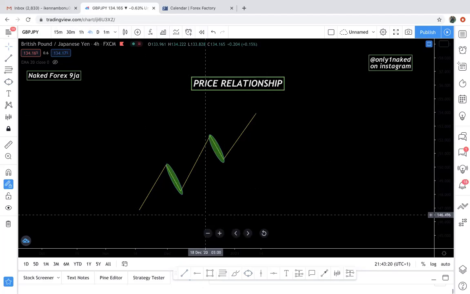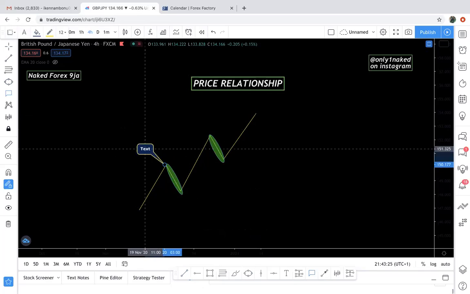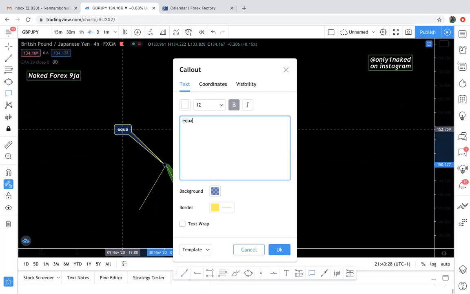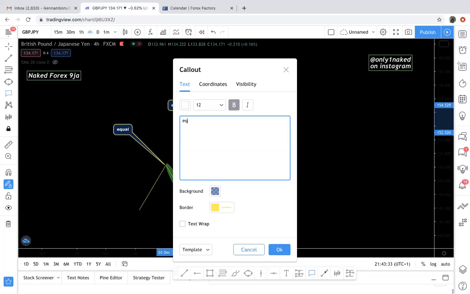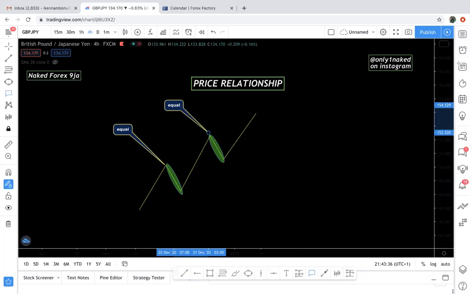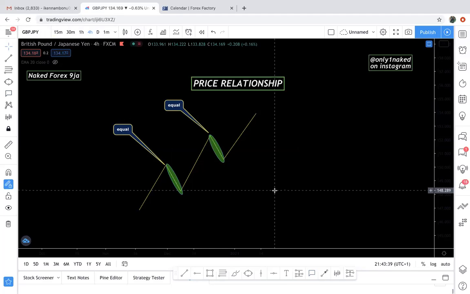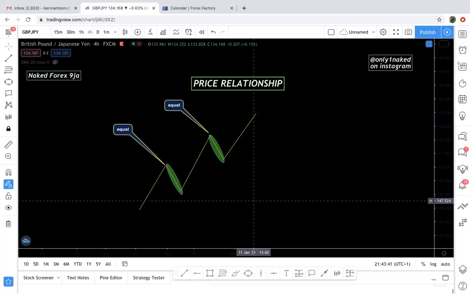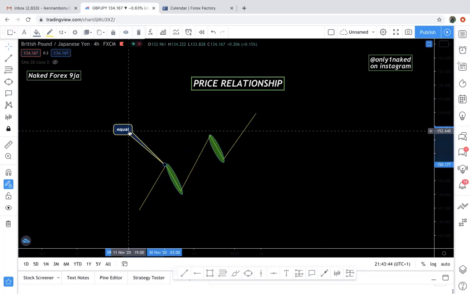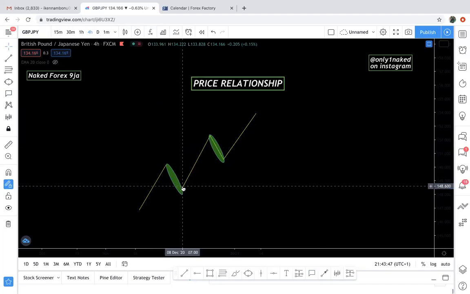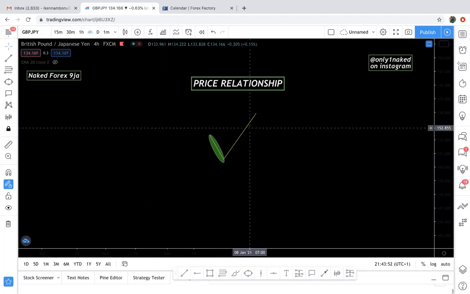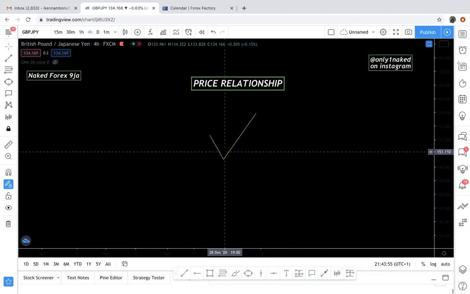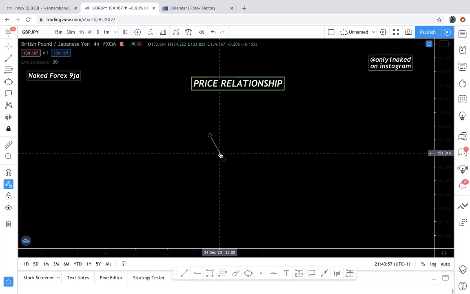Price relationship lets us know that this particular zone that we have right here is usually equal to the one we have above right here. So these two zones are where we get to look in the market. They are usually equal within the market. Of course, we don't get them to be equal 100% of the time, and we don't always see them reject at a particular zone. But what I'm going to show you today is just guidance that you can add to your trading strategy, and it's going to perfect your entries,